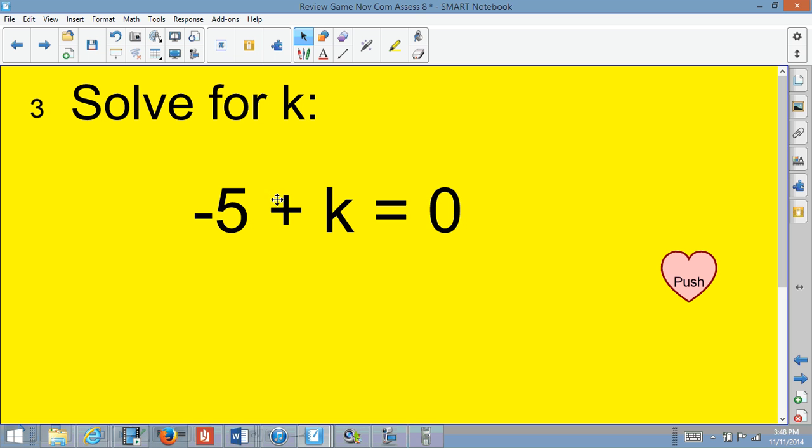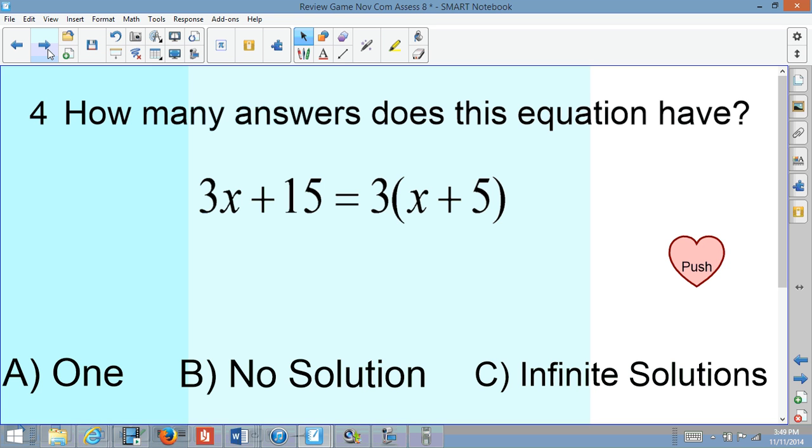Here's an oldie. Negative 5 plus k equals 0. So what would be the value of k? So I'll let you solve that one on your free time. So you got to know how to solve it. And the reason is because we're running into questions where they're going to ask you, how many different answers does this equation have? Does it have one, none, or an infinite amount of answers? Well, I try to see how do these equations look and balance each other, because if they look exactly alike, if this over here is the same as that,